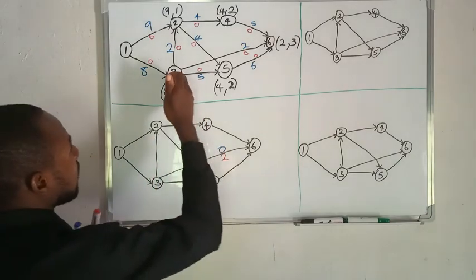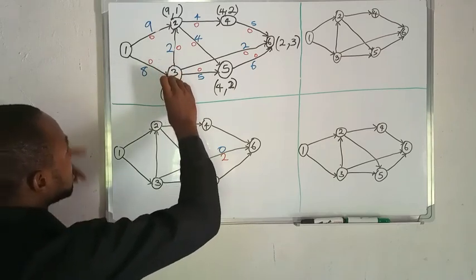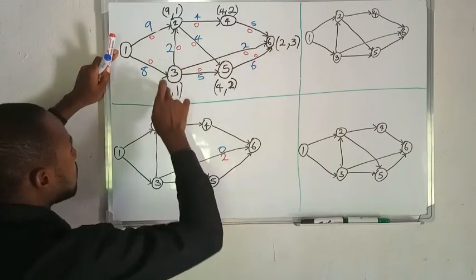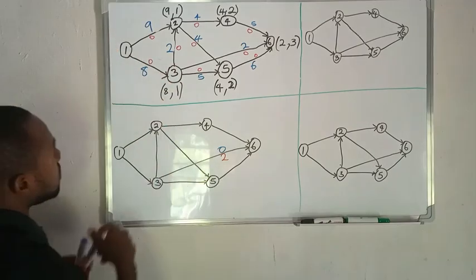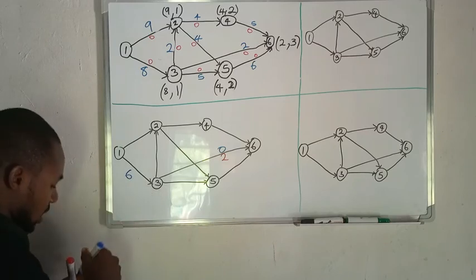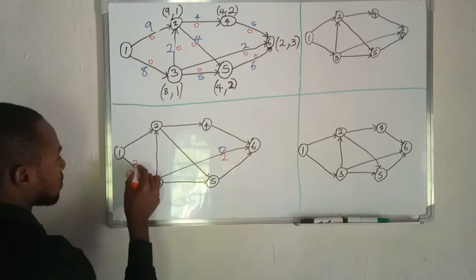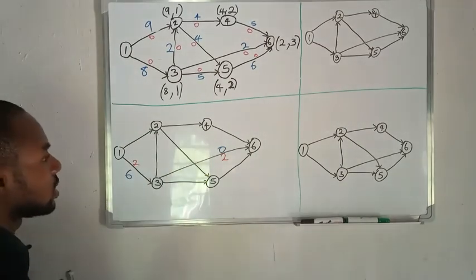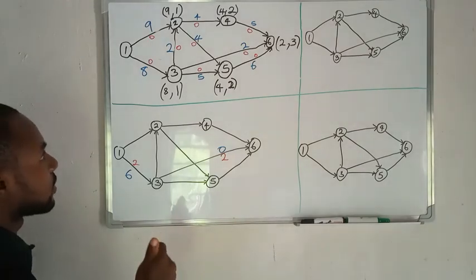And then we get to 3, and then we check the node that is connected to it. We have 1 here, and then we still subtract the same 2 from the capacity, joining it to 1. So we have 8 minus 2 here will be 6, and then 0 plus 2 will be 2. Write out the remaining capacities that we'll have before we do the labeling algorithm again and again until there is